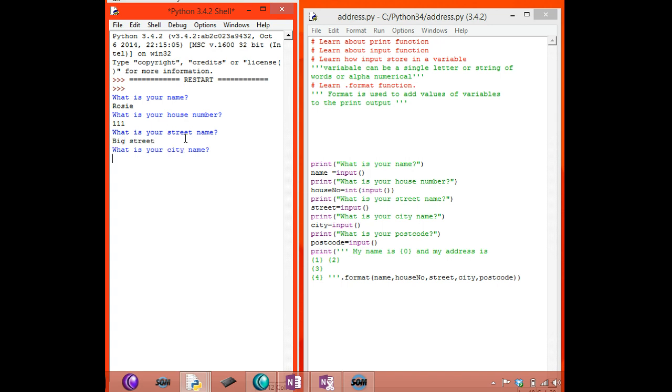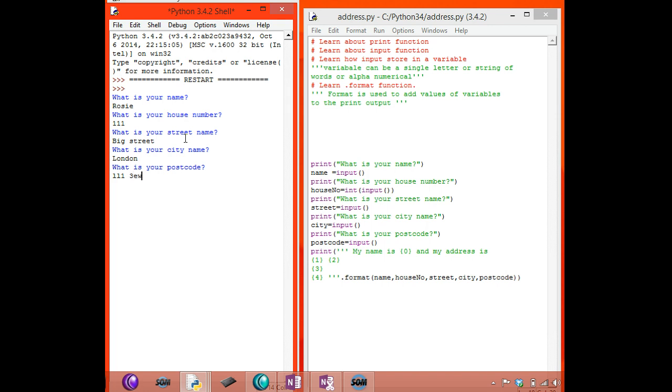What is your city name? I put Long Street. Sorry, it is a city name. I put London. Next, what is your postcode? I put LL1 3EW, something like that.